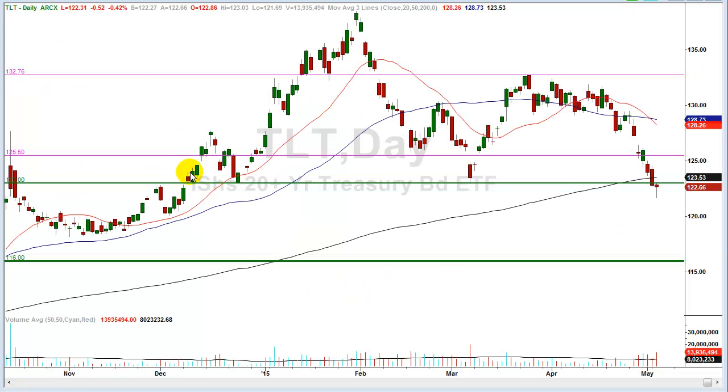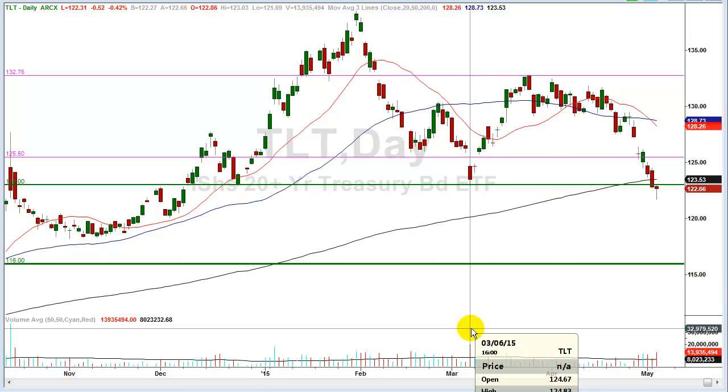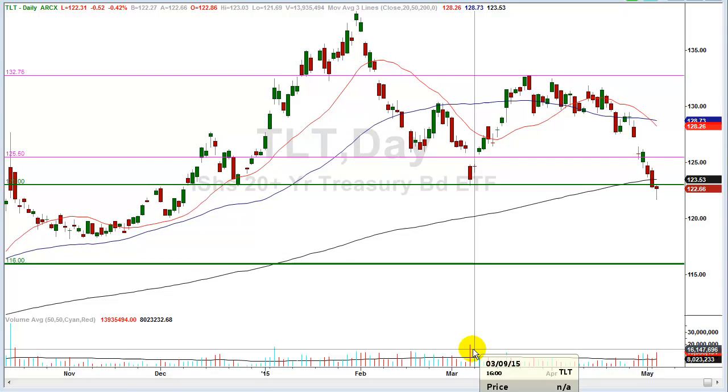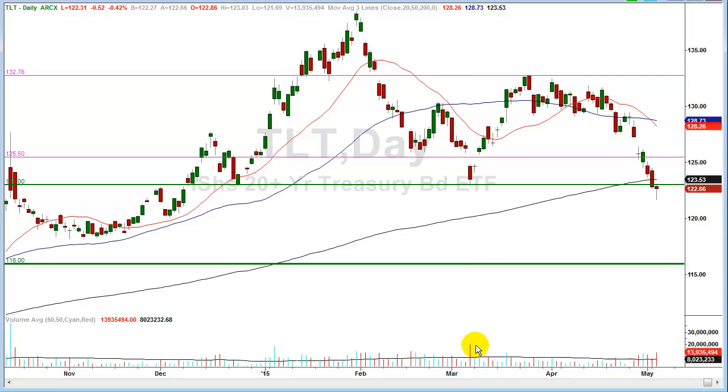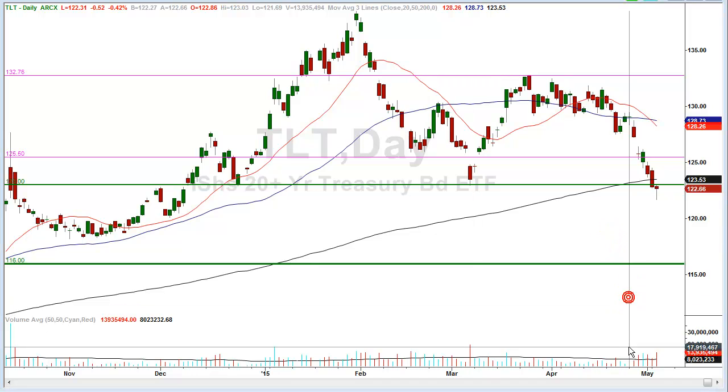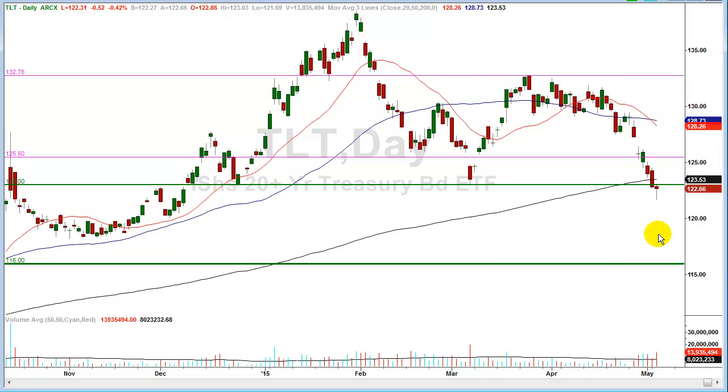This is an interesting one. Now, did we get a reversal today in TLT? Okay. Now, it looks like we did. Okay, we had relatively decent volume, but not enough to call a low. Okay. We had a low in here, and the volume here was right about almost 20 million shares, 19.5 million shares. And here today, we're right about 13.5 million shares. Not bad, but the volume didn't have me sold.